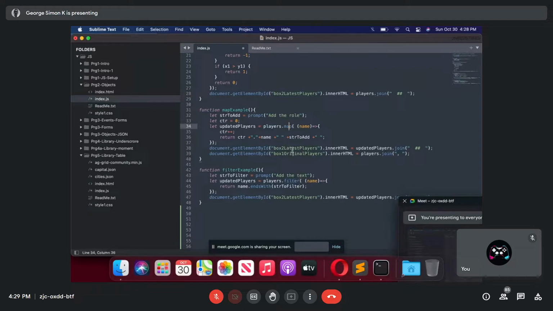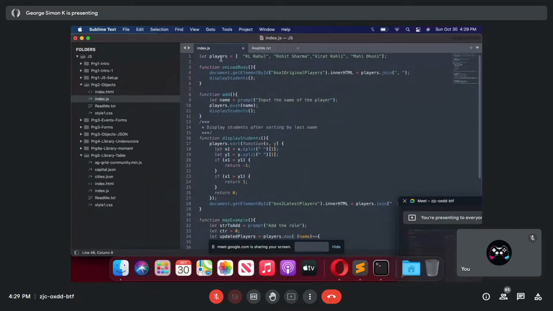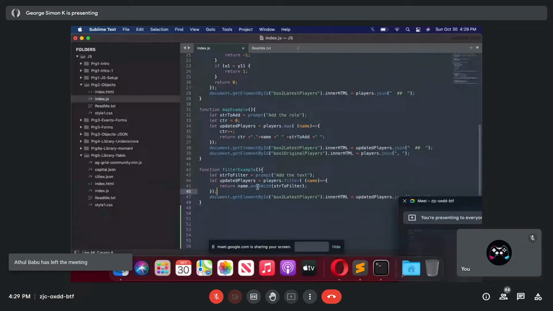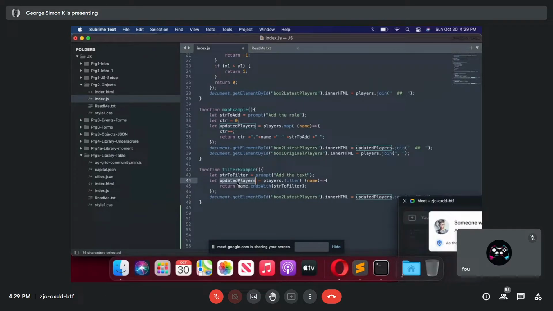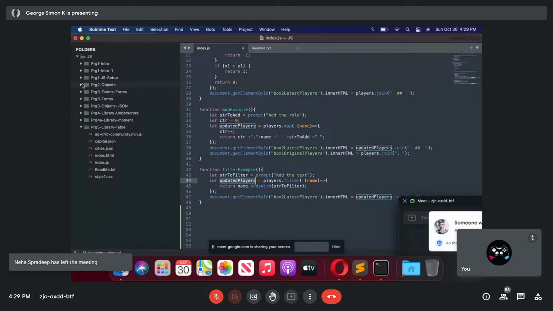Earlier I mentioned about map. The second one is filter. Inside the filter, you can give whatever condition you want to give. Here I gave a condition saying name. The array is basically the names of cricket players. That's why I gave name. Their first name, last name. So it checks whether this name ends with what I have given here. I've given Sharma. So it filtered the result and gave me the result.